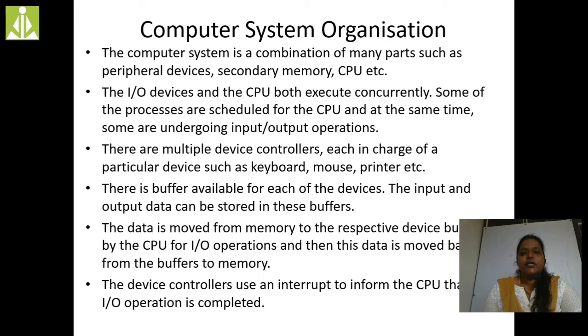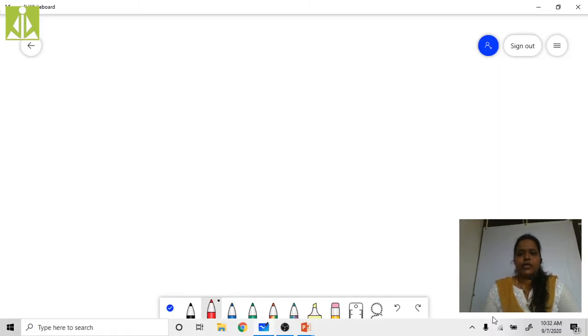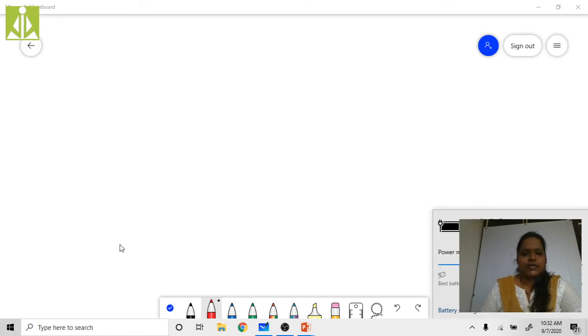as we all know, right? So when a task is going to be executed, we'll have the CPU as well as the memory. So let me show you like this. When a task is going to be executed, suppose we have a particular task.